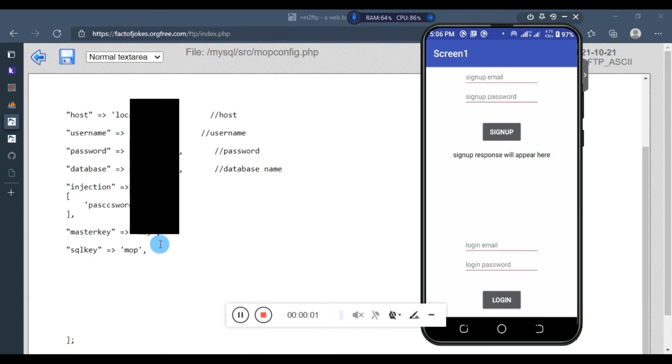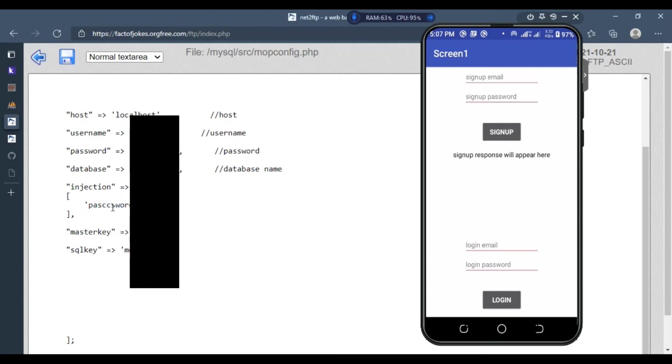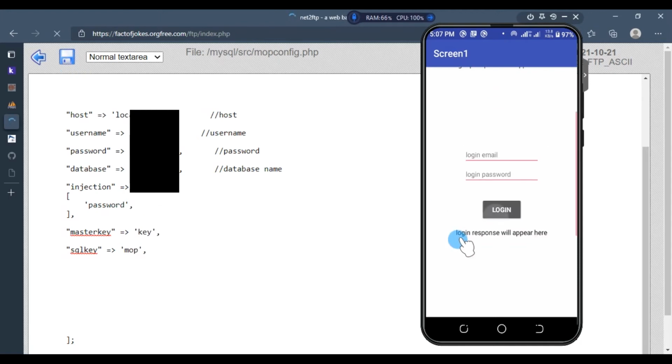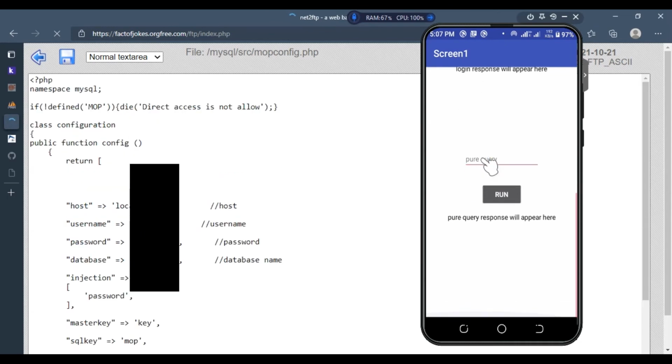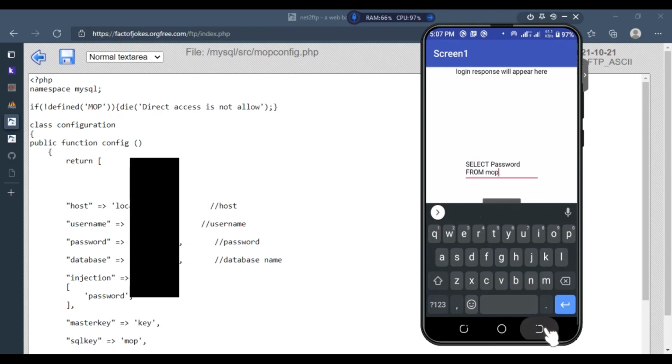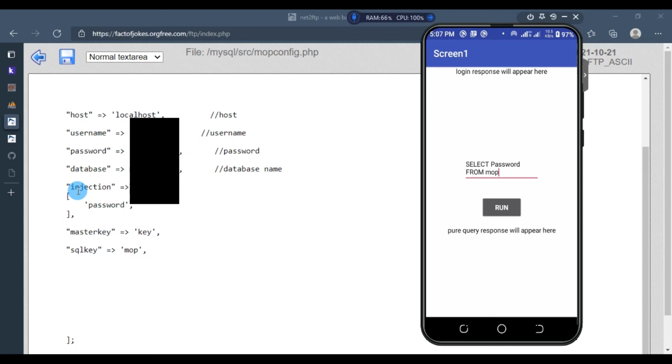Remember, we want to put our injection, that is, we don't want anybody to run a query that has our injection. So I change this to password, and save it. If I come here and put my query there, my query that has the password, you'll notice I put our injection here, password, that is, I don't want anybody to run a query that wants to get the password of my user. So I've put it here. If I run the query,